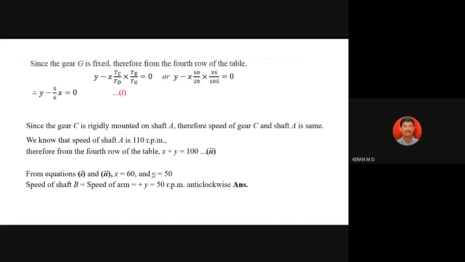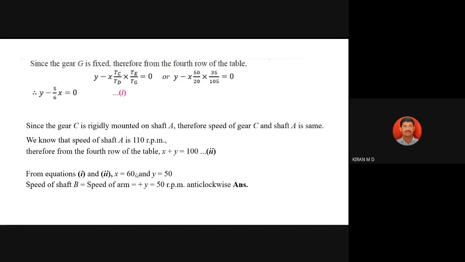Is it clear? Yes, sir. Y is 100 or it's 110, no? The equation 2, I think, is x plus y is equal to 110. Oh yeah, this is 110. See, when I was typing it, that mistake happened. Okay, that is x plus y is equal to 110. So simplify this, you can.